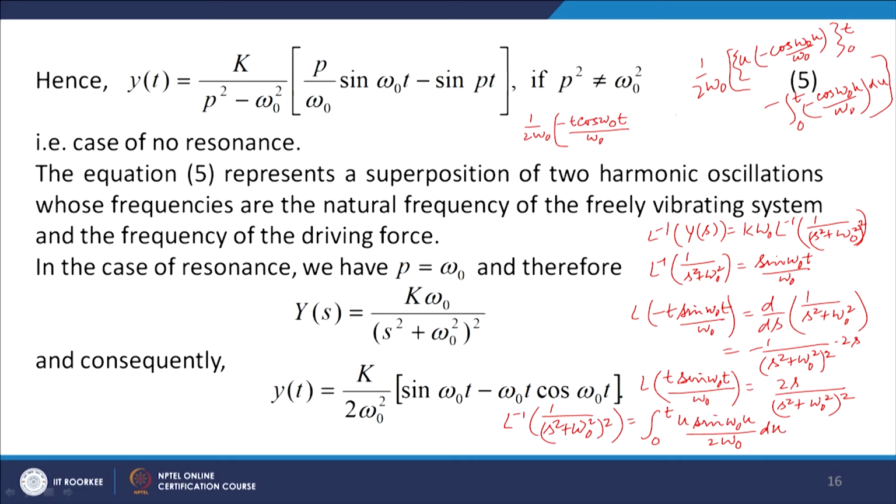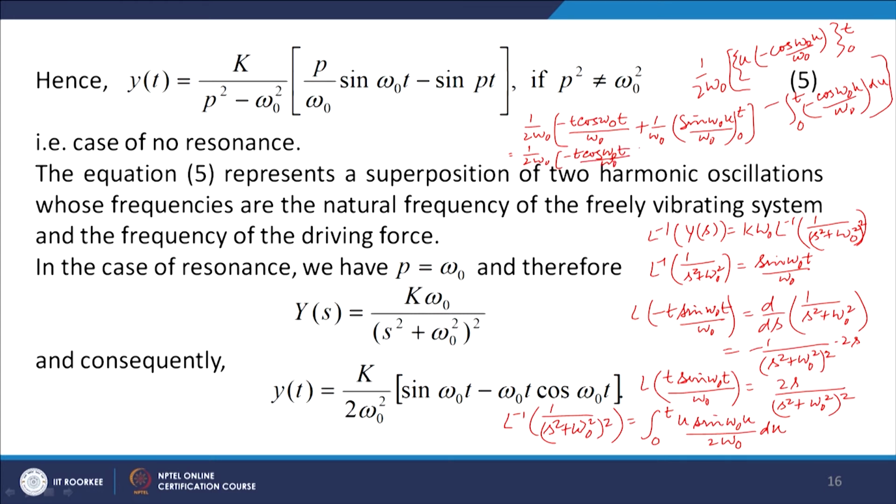Then here we get plus the integral from 0 to t of cos omega naught u over omega naught, so 1 over omega naught, and when you integrate cos omega naught u you get sin omega naught u divided by omega naught, from 0 to t. So, what we get is 1 over 2 omega naught times minus t cos omega naught t divided by omega naught,